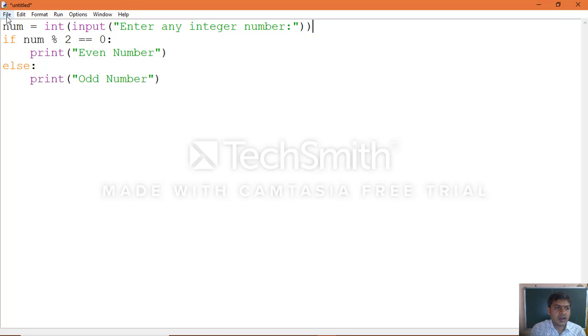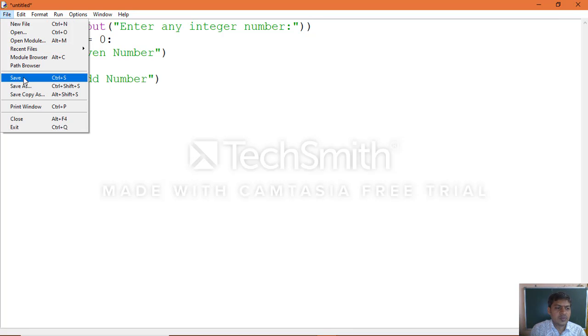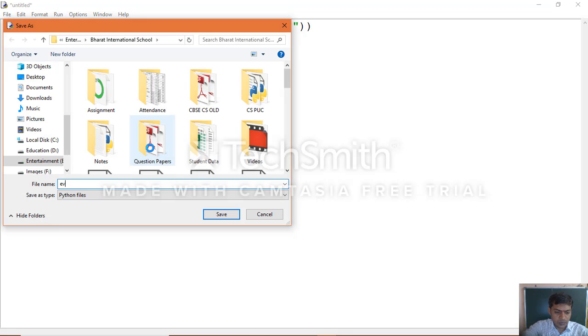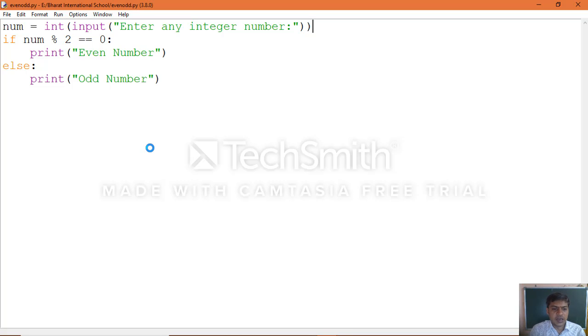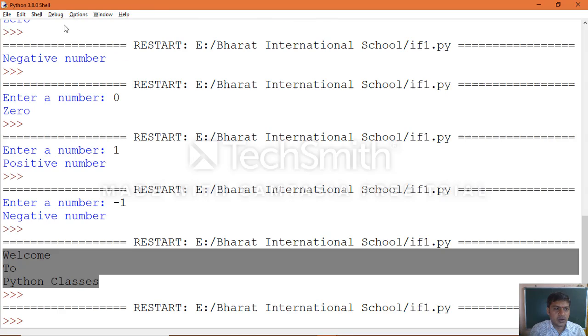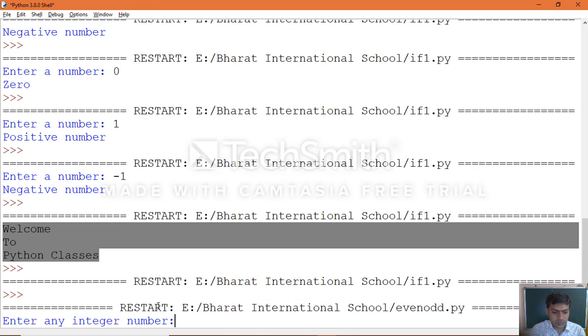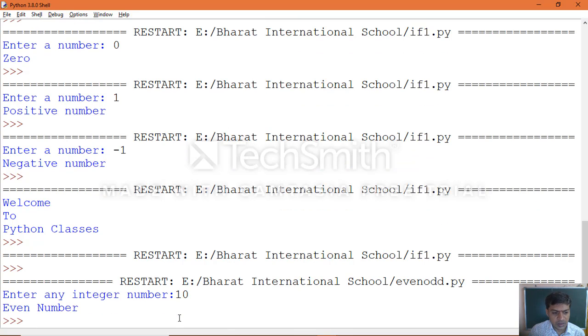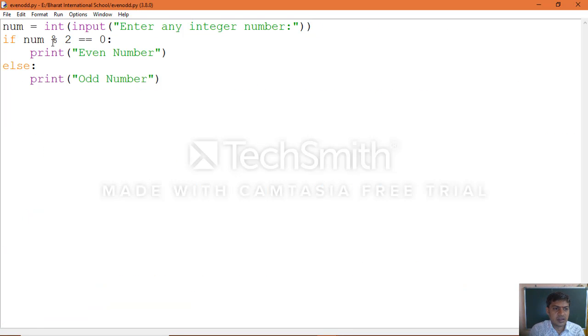Now save your file: go to file, save as, even odd program. Now we saved the application. Go to run, click run module, which will ask you for input. Give the input, for example 10, even number. Same way, execute again.